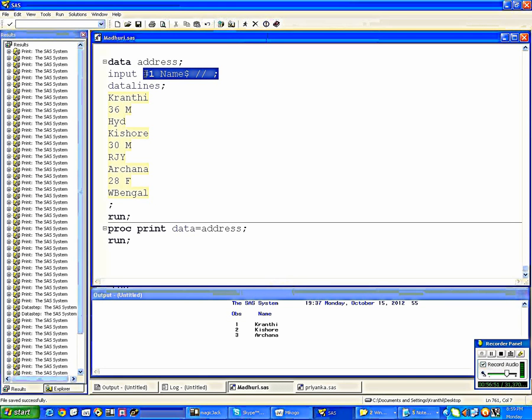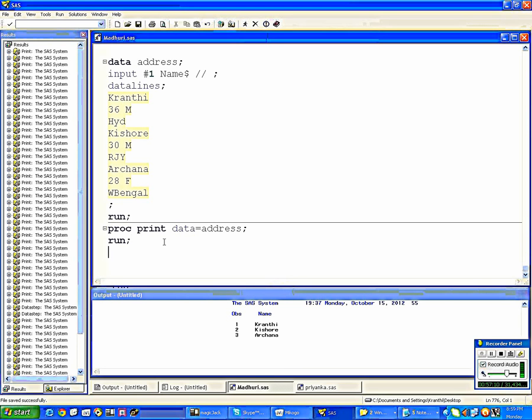If it is a text file, you can do this, but it's not possible to do it like that from an Excel sheet. So if you want to get it from the Excel sheet in this way, there is one more function called the mode function. That I will explain while we are discussing the functions. Okay.